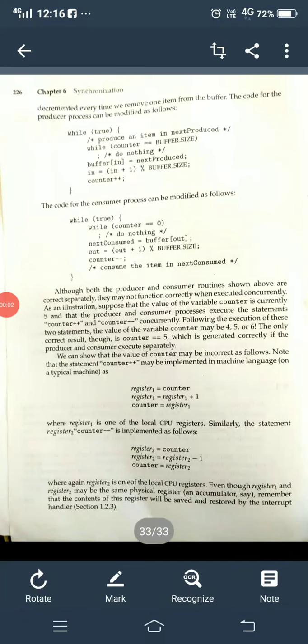Hello friends, so today we will be studying the concepts belonging to synchronization. So what is synchronization and why do we need it is the first basic question. Whenever two cooperative processes are executing simultaneously, cooperative in the sense that they are sharing some data, the shared data may become inconsistent.